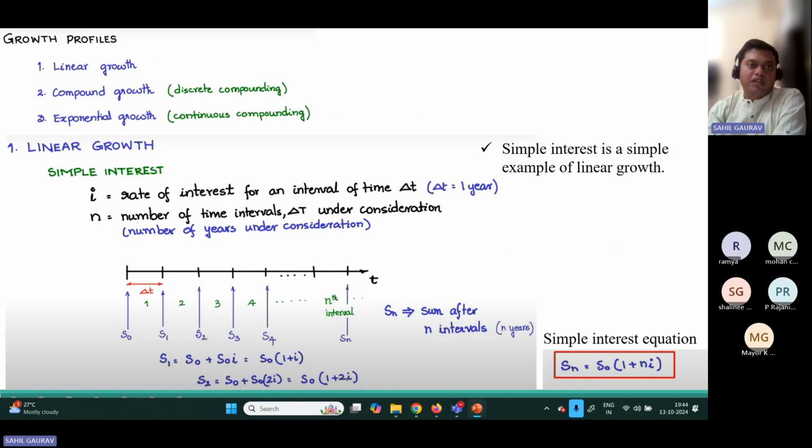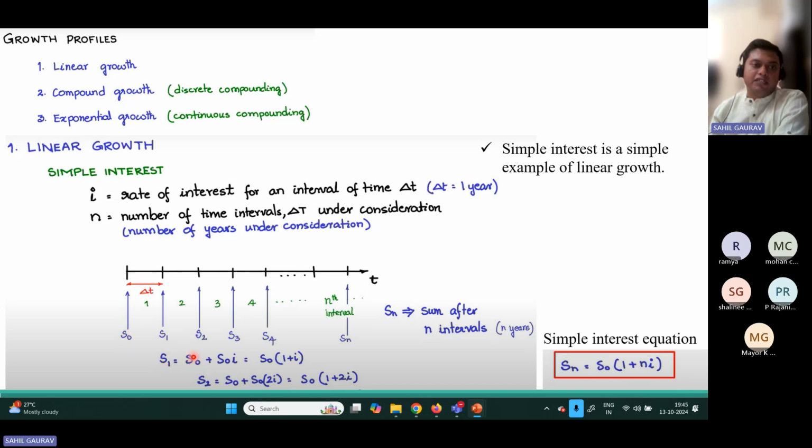There are three types of growth profiles. The first one is linear growth. The second one is compound growth, also known as discrete compounding. The third one is exponential growth, also called continuous compounding. In linear growth, a simple example is simple interest. We went through it in high school, and before that also, we know the simple interest expression. If the rate of interest is I, and the number of time intervals is delta t,